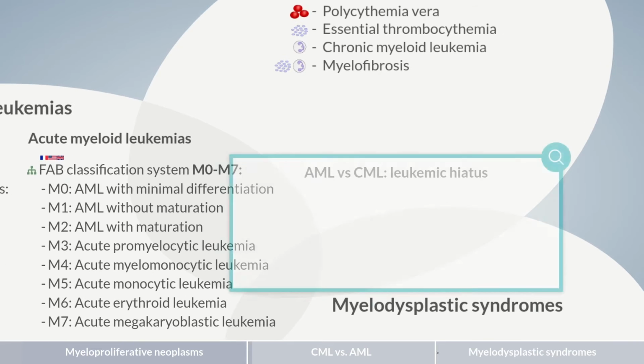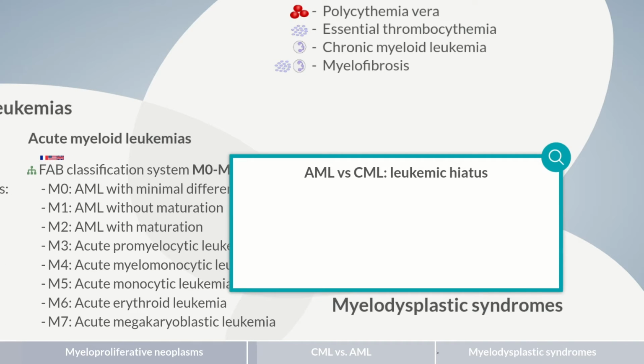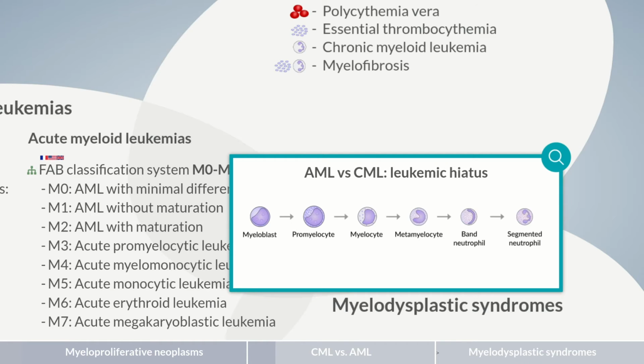We just mentioned chronic myeloid leukemia and would like to reflect on several aspects of this disorder. In chronic myeloid leukemia, there is an increased proliferation of the granulocyte cell line. As the cells are still in the process of differentiation, the blood count shows cells from all intermediate stages, from myeloblasts to segmented granulocytes. So, the blood smear of a patient with chronic myeloid leukemia shows neutrophils in all stages